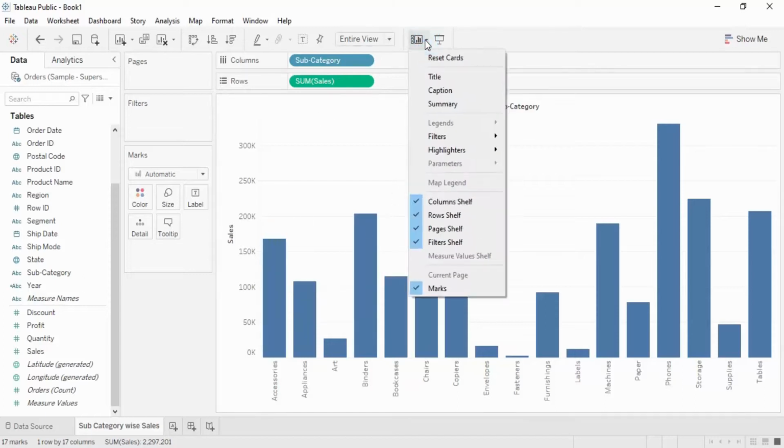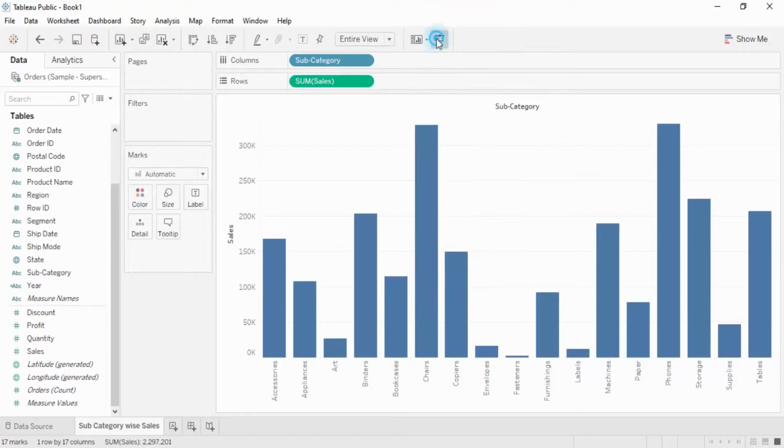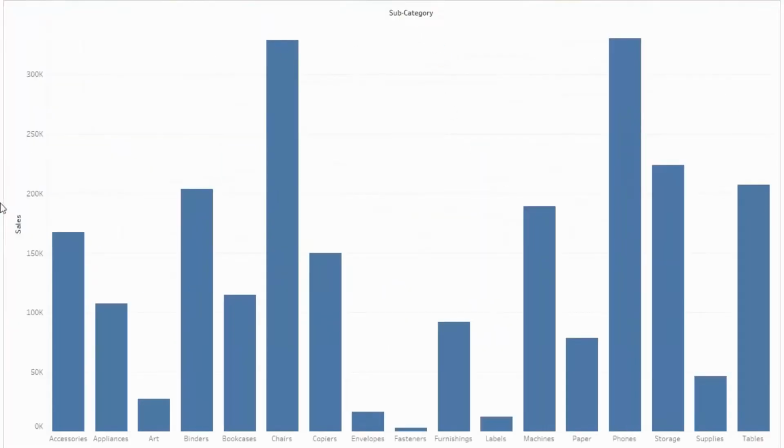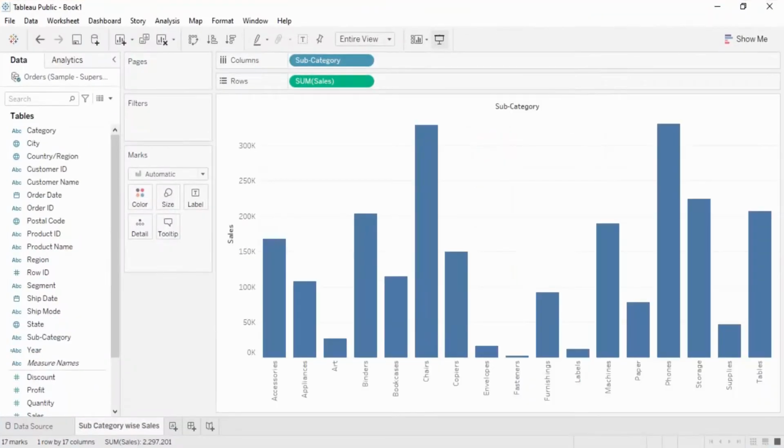Furthermore, we have multiple things like this presentation mode. This is the visualization in presentation mode, which is a kind of full screen view, and this is usually used whenever we want to give a presentation. You can see the option if you want to exit the full screen, if you want to exit the presentation mode, so exit the presentation mode. Okay, now there are a bunch of other tools. I will be discussing them.